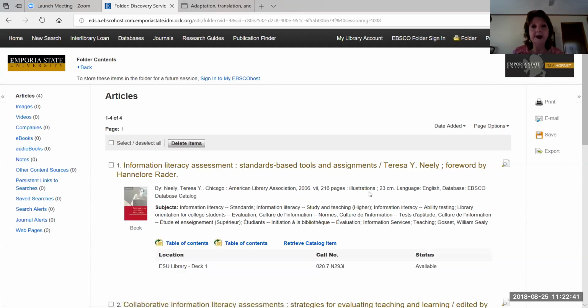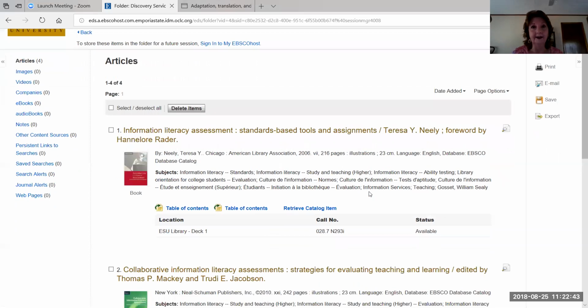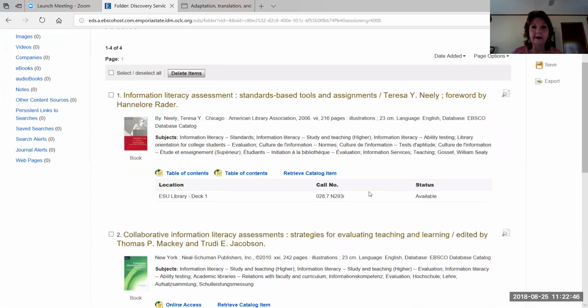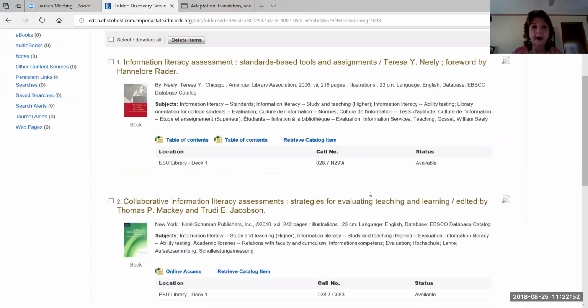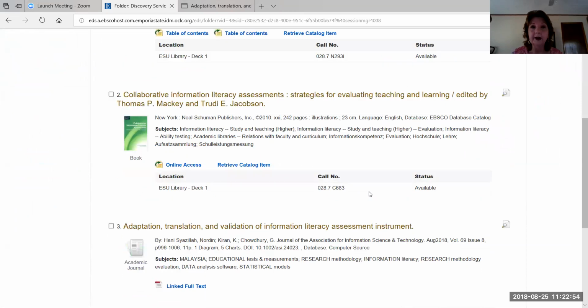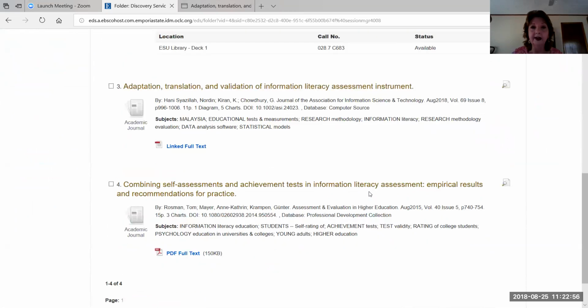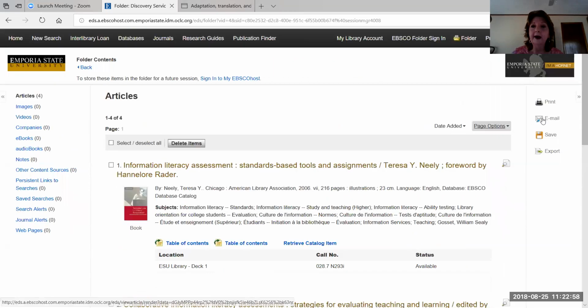Now, these are actually print books, the first two that I clicked on. So you're not getting, unfortunately, the full text of the books, but you're getting the records for the books that you could then request from our library. But I also clicked on record number 3 and record number 4 that had the full text available. So if I were to go to email at this point,